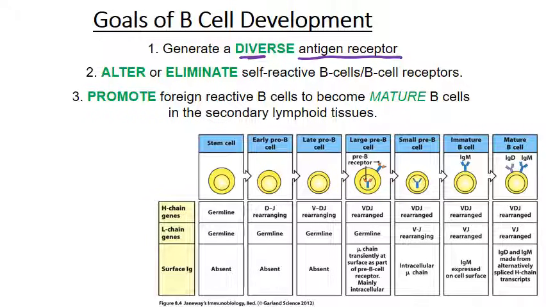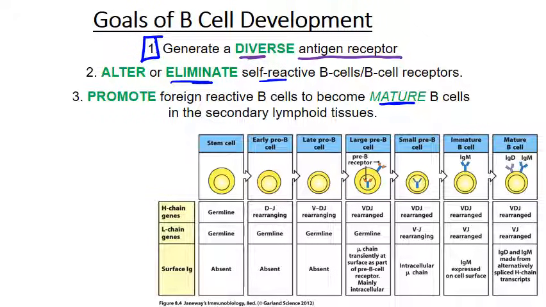We also need to be able to get rid of any antigen receptors we make that are potentially self-reactive, because once they are released from the bone marrow into the tissue, we don't want them to hurt us, right? And then we need to be able to mature and basically promote those B cells that perform really well for us. So let's start by just thinking about how we're going to start with number 1, which is generating a